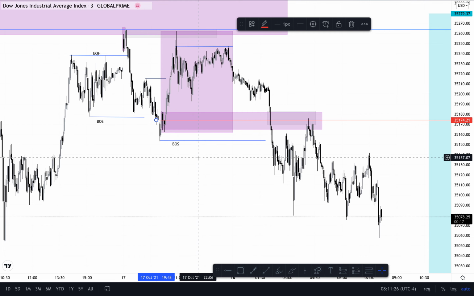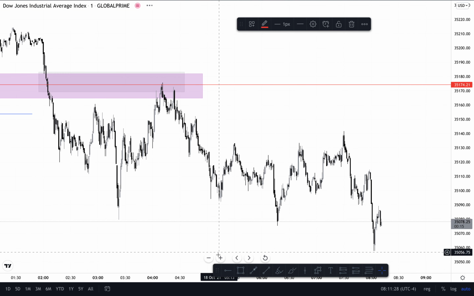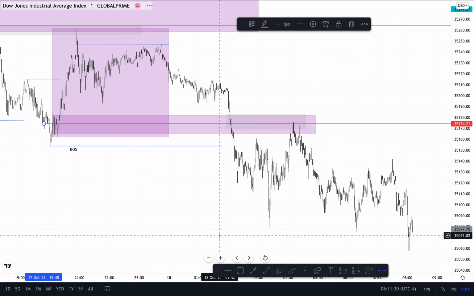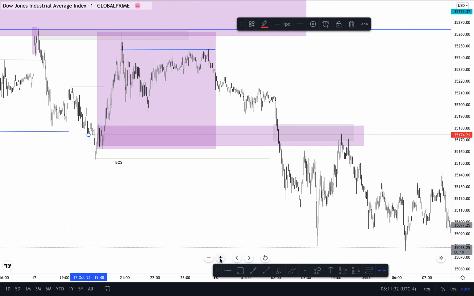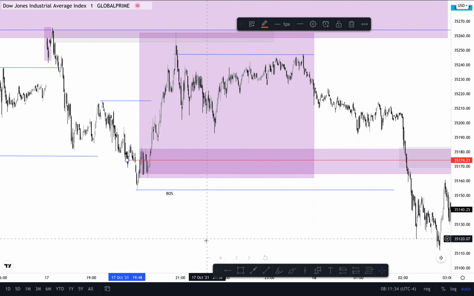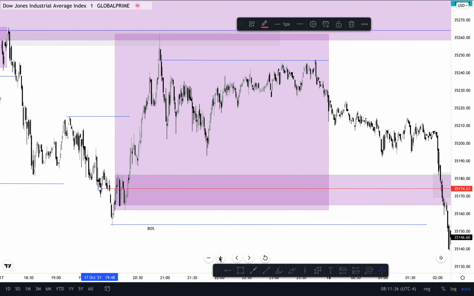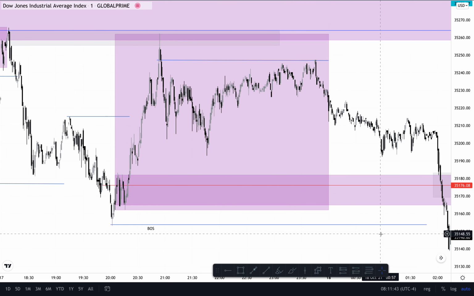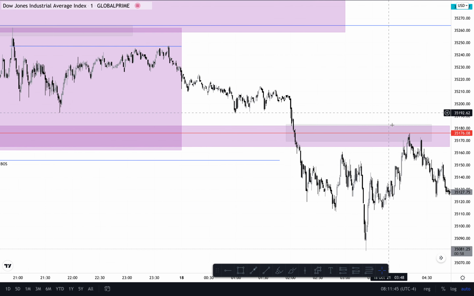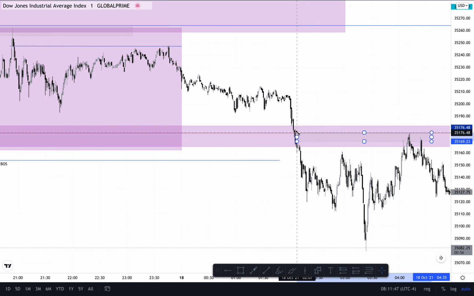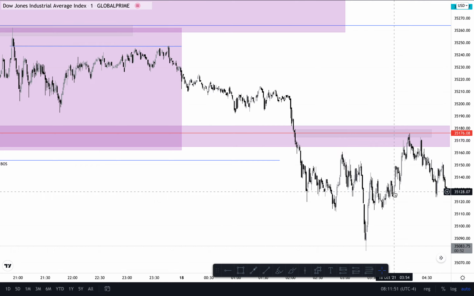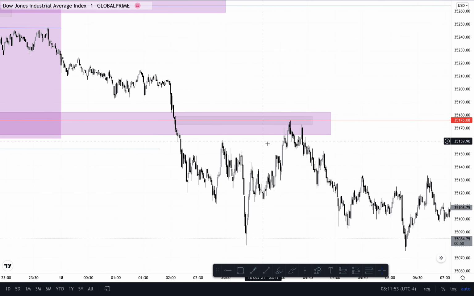Let me put from the body, or if we go to M1, you can see we could catch a nice movement from there, just to know where the manipulation was happening. So you could catch the movement, proper movement. As you can check here, the way we move, we can get a nice precision. Check here, hidden base. This was a perfect zone for you to sell again, to get a